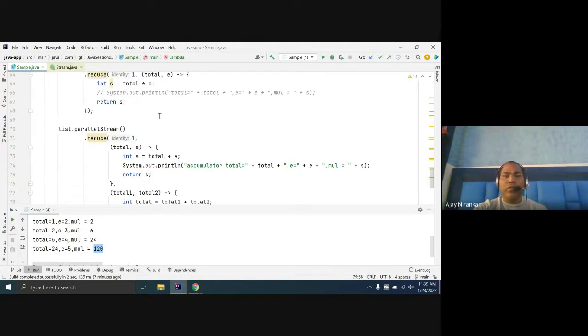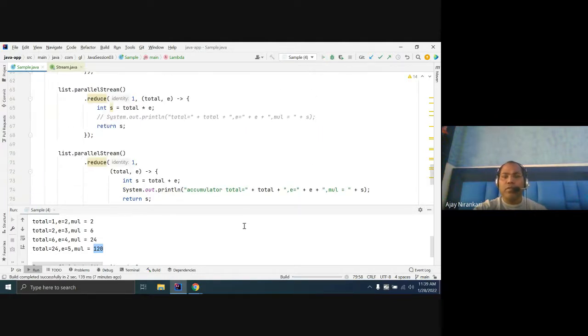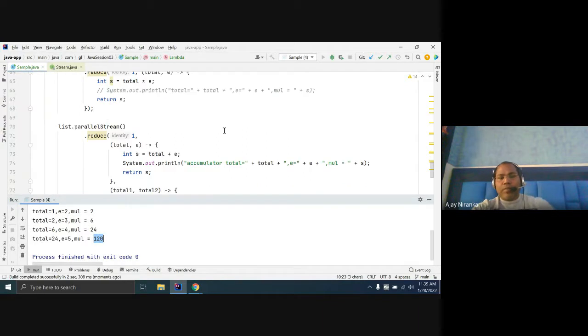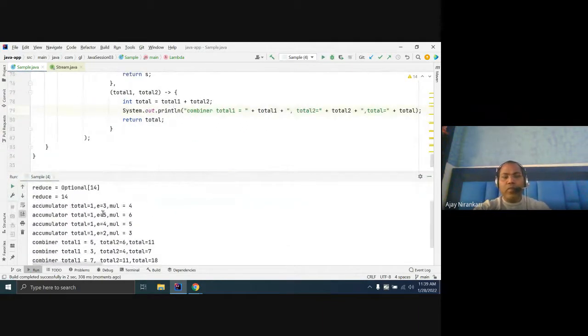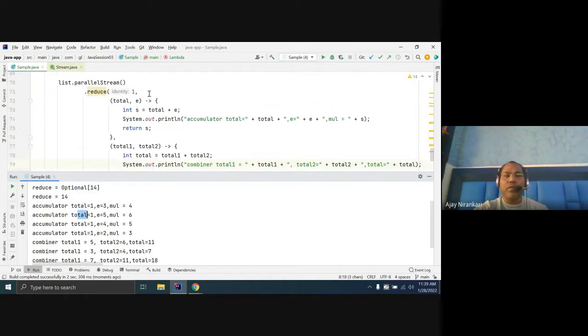And if you just comment it out and run it, you notice that the accumulator has started with total one, the initial value we passed. Let's pass 0 as the sum, and also print the thread name.